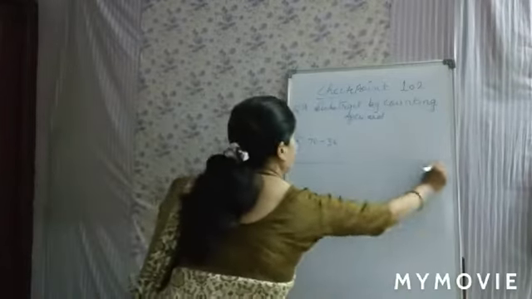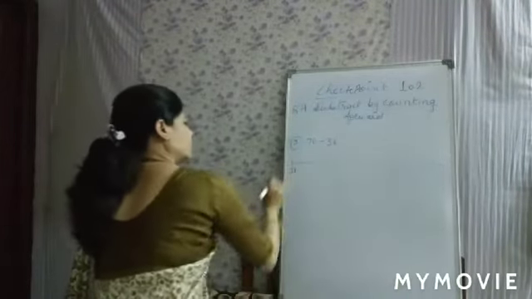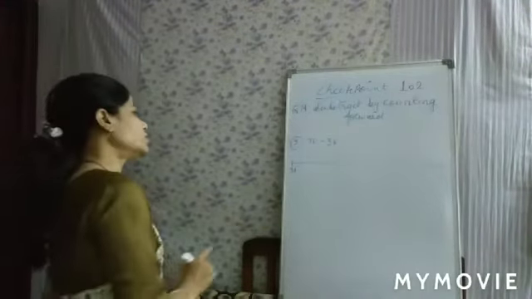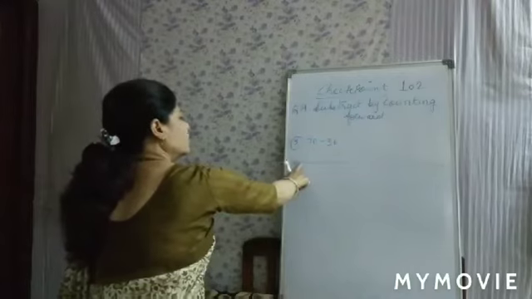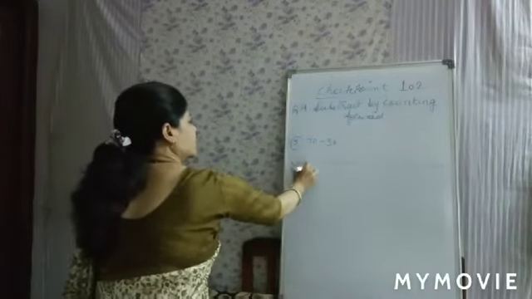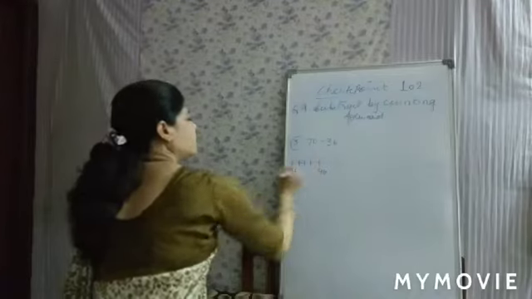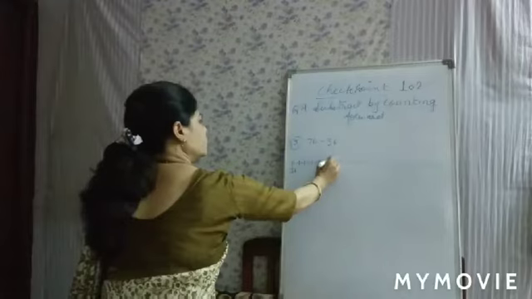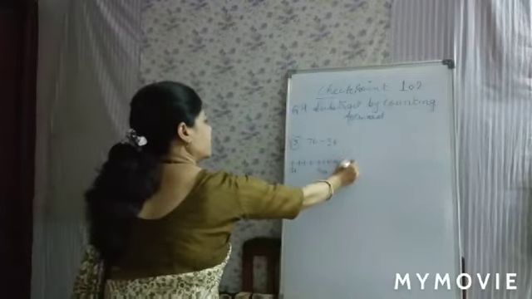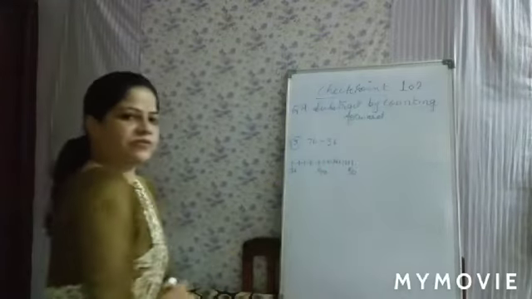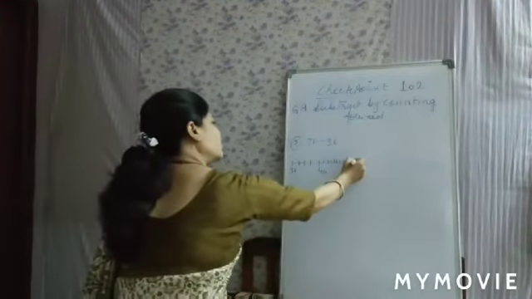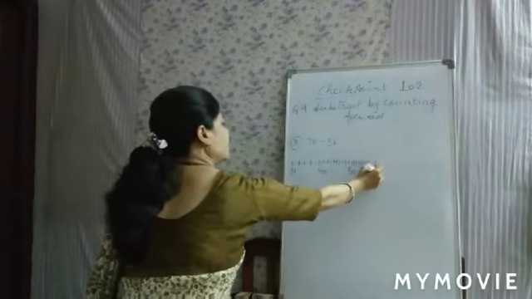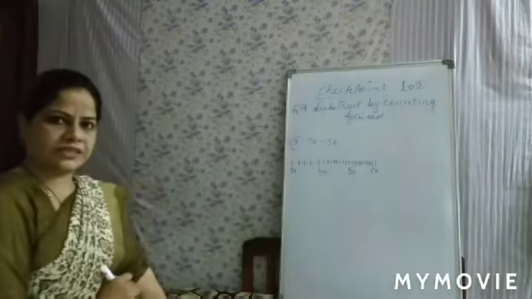So you have to draw a line and write 36 at the corner, because 36 is the smaller number. Then you have to draw the lines up to 40: 37, 38, 39, 40. Write 40 here. Then you have to draw 10 lines, 1, 2, 3, 4, 5, 6, 7, 8, 9, 10. At the 10th line you have to write 50 here. Then again draw 10 lines, and at the 10th line write 60.